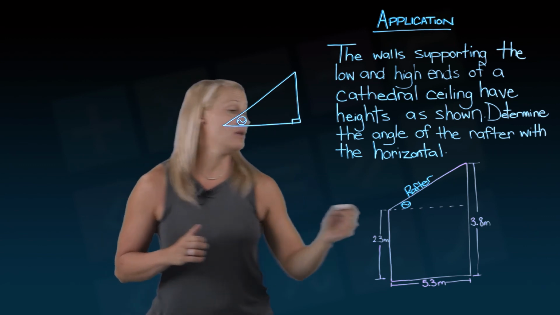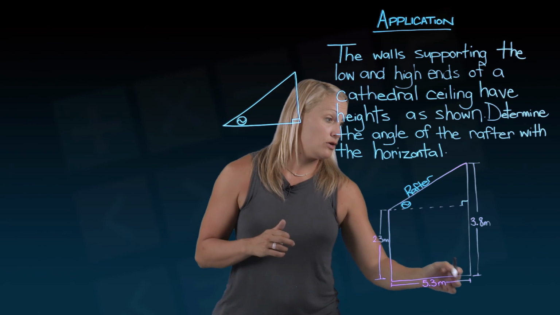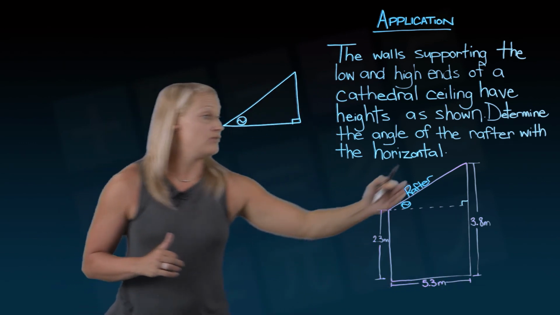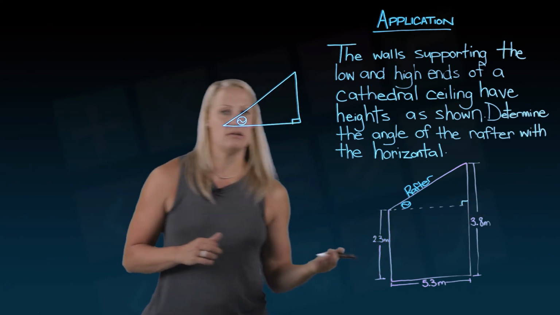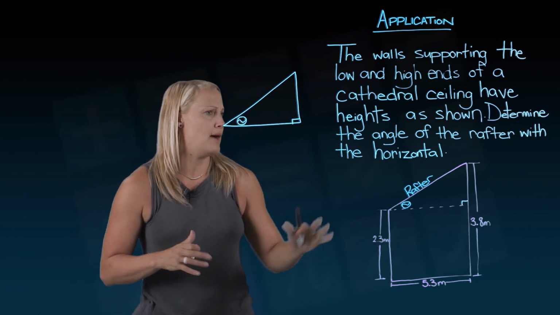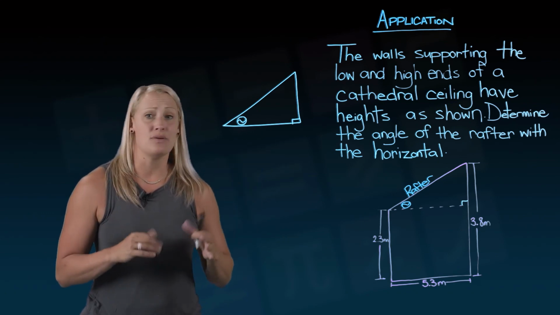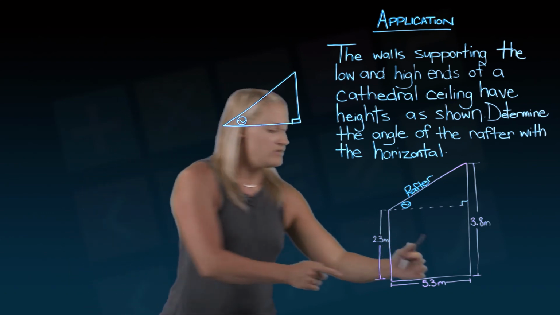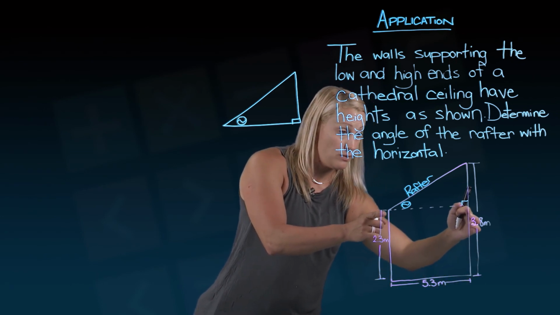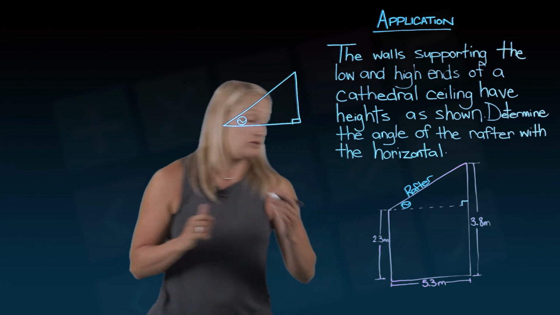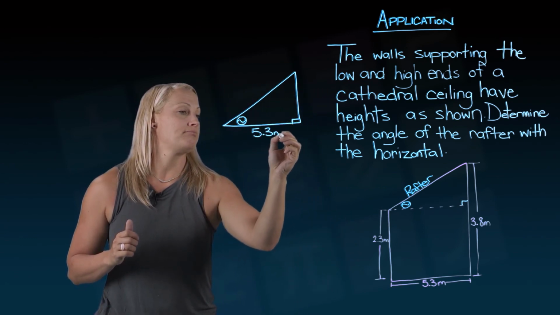And I put a right angle in there because I'm going to assume that this horizontal and this vertical wall make a right angle. If this wall is not perpendicular to this horizontal, you built it wrong. So hopefully that didn't happen, and that creates a right angle. So let's put the information we know on our triangle. If this bottom section is 5.3 meters, this horizontal would be 5.3 meters as well, assuming that it was built square, and we're going to assume that. So this is 5.3 meters.